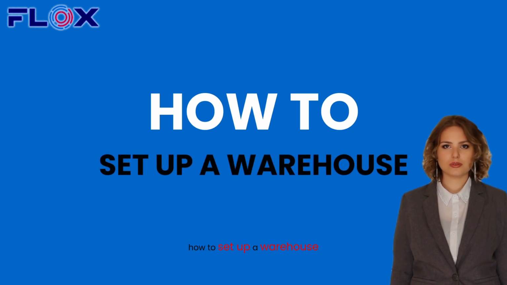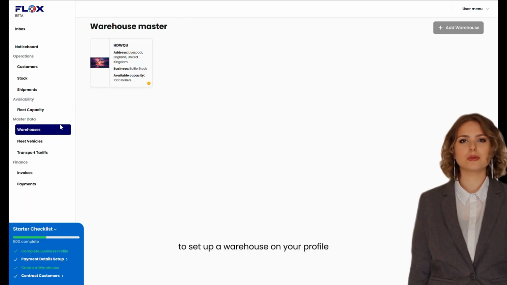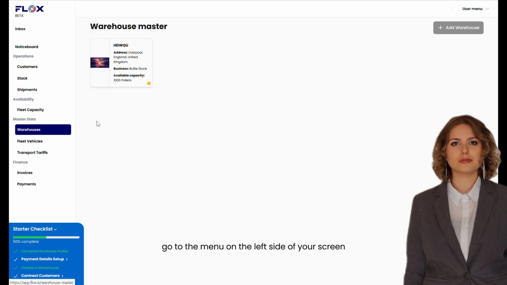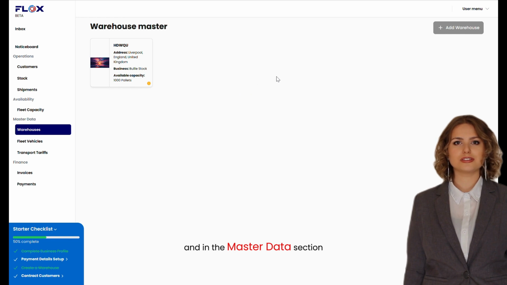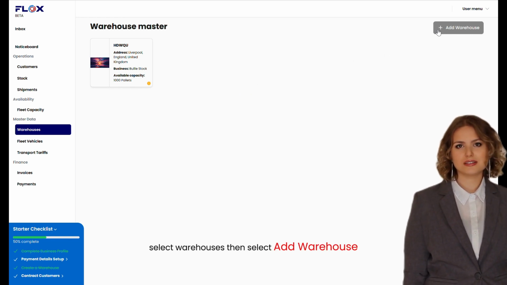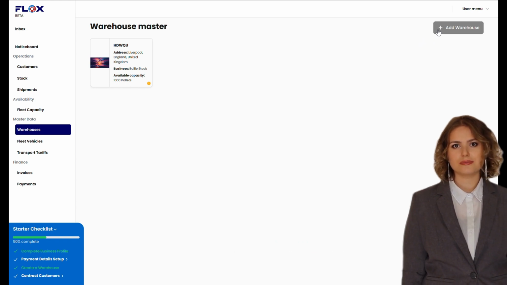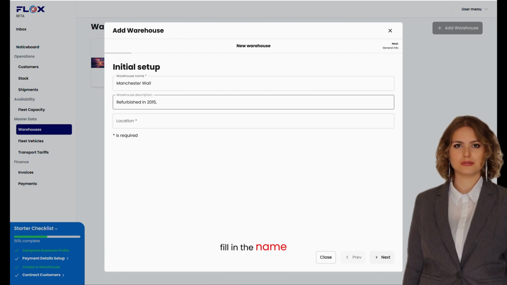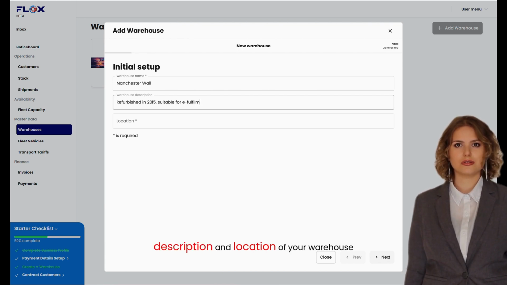How to set up a warehouse. To set up a warehouse on your profile, go to the menu on the left side of your screen, and in the Master Data section, select Warehouses. Then select Add Warehouse. On the first page of the wizard, fill in the name, description, and location of your